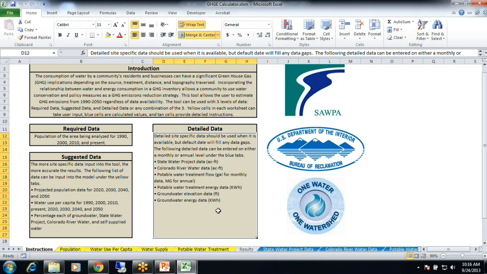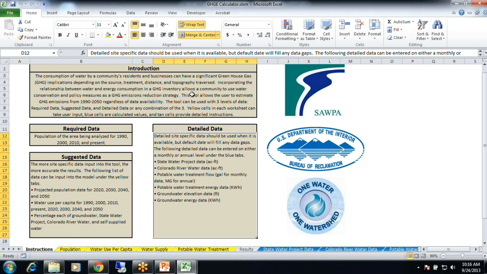So not only is your suggested data site-specific, but if your detailed data is site-specific too, then it really is an accurate statement of what your greenhouse gas emissions have been, and a fairly accurate projection of what they're likely to be in this scenario. If you have this data available to you, please use it. However, if you don't, because I realize it's hard to come by, then just go ahead and use the default data.